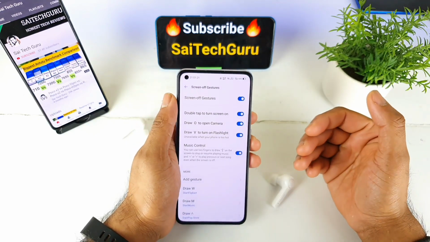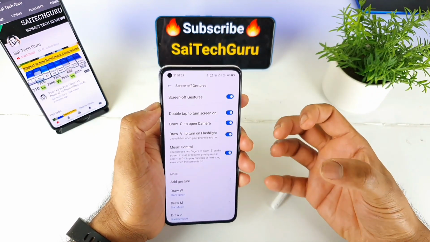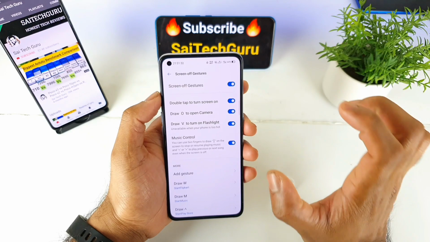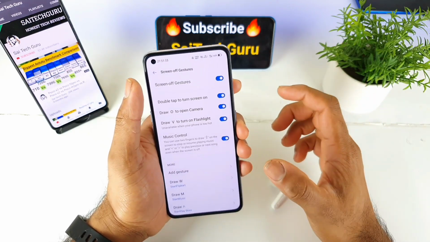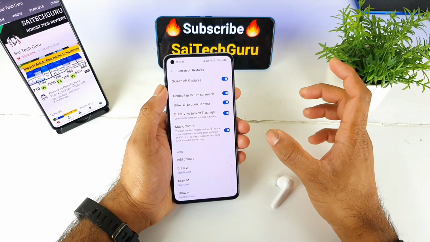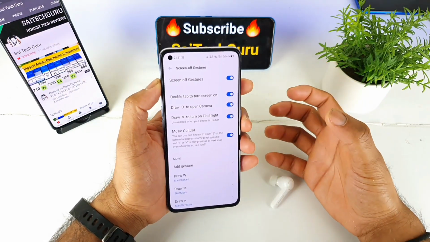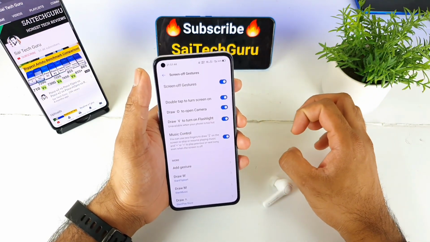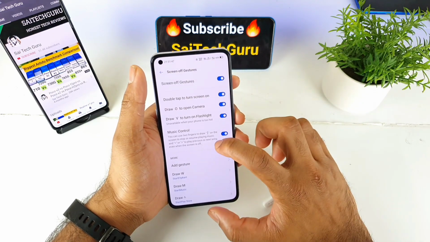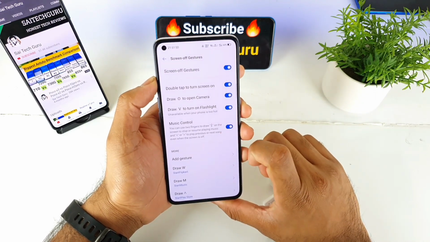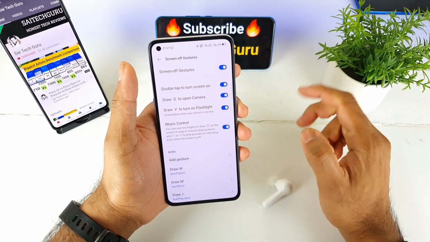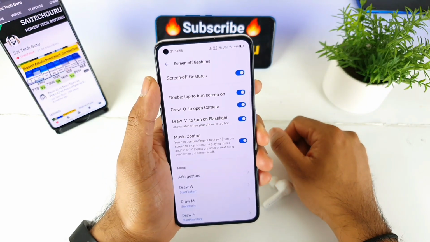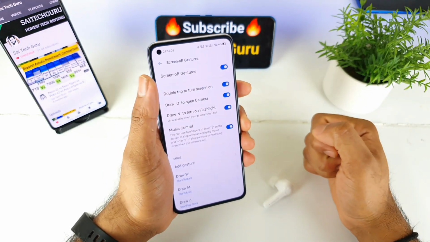As you can see, friends, clearly, it's really fast and really good. If you don't use any Face ID scanning or fingerprint unlocking, then it might open even faster. Overall, it's a really good screen off gesture feature present in this Realme smartphone. Most of the time I use this kind of feature where I want to go directly to WhatsApp by drawing W and M for the messenger. This is my overall combination whenever I'm using this phone. But my most favorite is the music control, where I can just change the song, play the previous and the next song just by using these symbols, as you can see, friends. These are the few gesture controls you get in this smartphone.